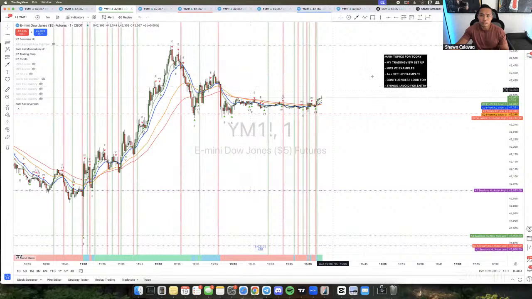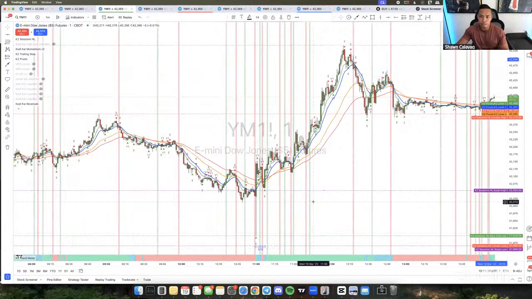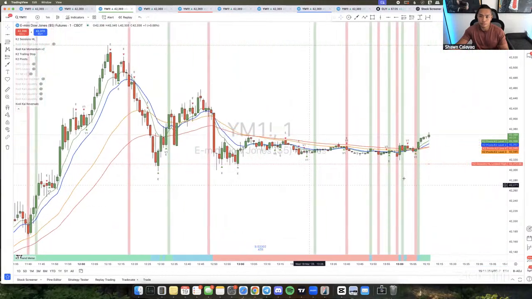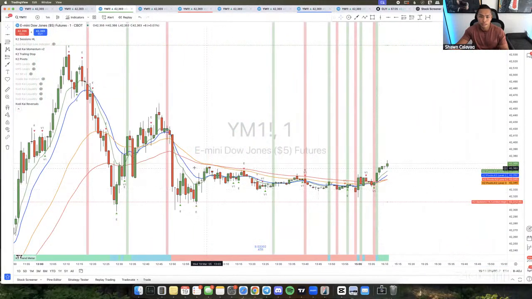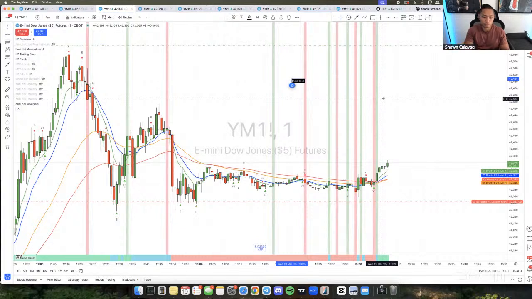Over here is my main chart, so this is where I do all of my analysis, and this is where I identify my entries. There's a couple of indicators that I have on the chart. I have the pivots, the sessions, the reversals indicator, the momentum indicator, and the trend meter down below. On top of that, I also have the trailing stop indicator that has the ATR down here. So again, that's just a couple of different indicators. I'll put a list right here.